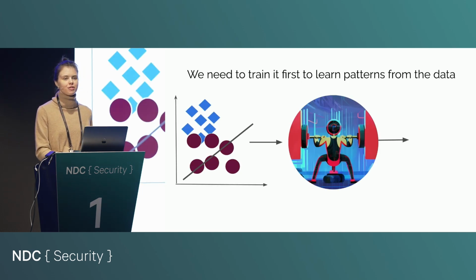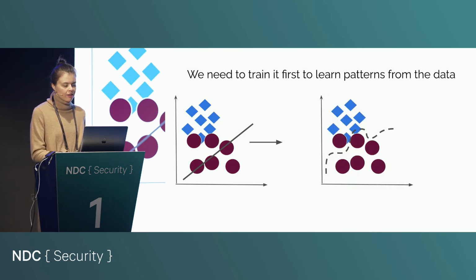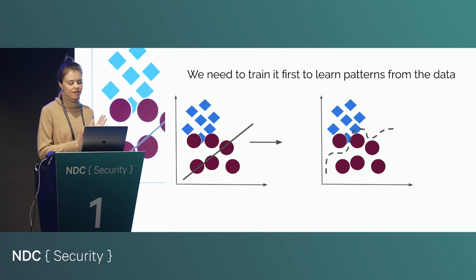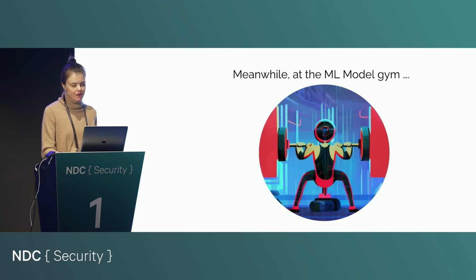Now, how do we actually improve on this very poor choice of decision boundary and make it fit our data better? Well, the crux of this is to make the line more flexible so that it can actually model the patterns in our data, and with that, hopefully give us more accurate predictions in the future. So our goal is to start with something simple and make the model more flexible, make the line more squiggly so that it better captures the patterns in our training data. And this is all there is to it in a very, very simple nutshell. Of course, I'm glossing over a ton of details about what happens, but basically, there we have it.